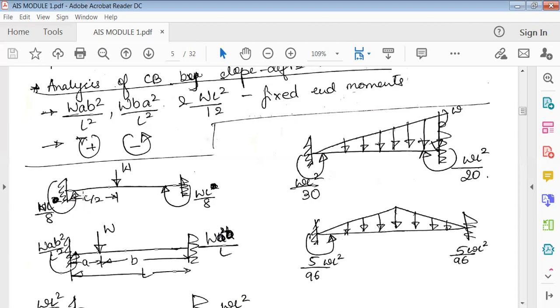There are two types here. One is the free bending moment. The free bending moment occurs exactly at the center when the load is applied. But because of these fixity and end conditions, a fixed end moment is generated. This is called the fixed end moment because it is fixed and it is at the ends. There is a moment getting generated here because of this fixed support.